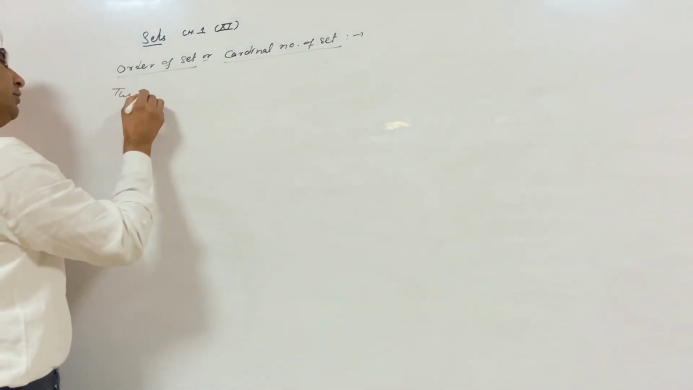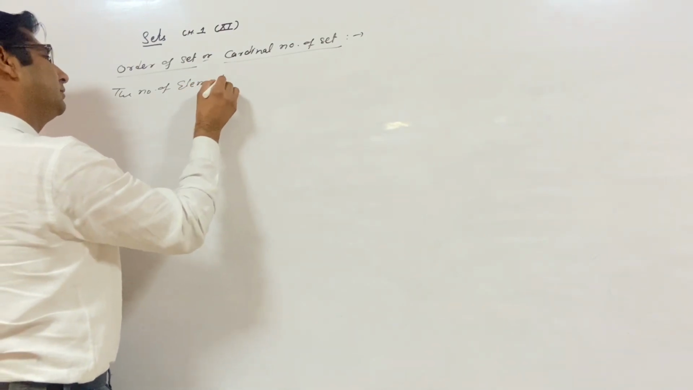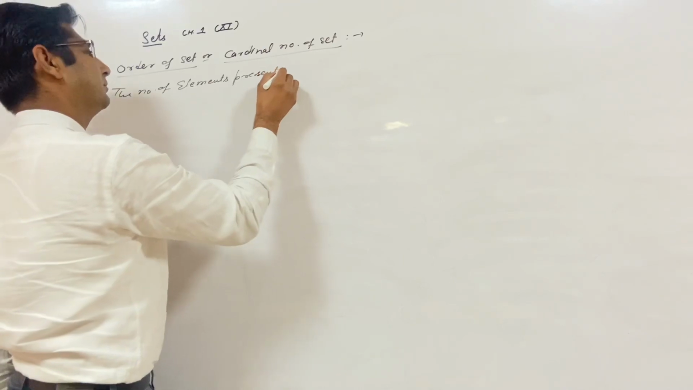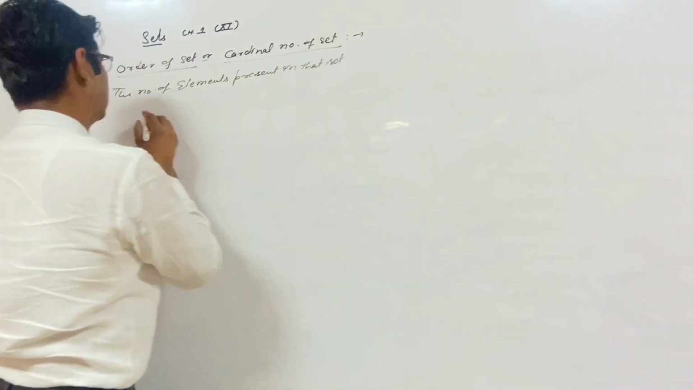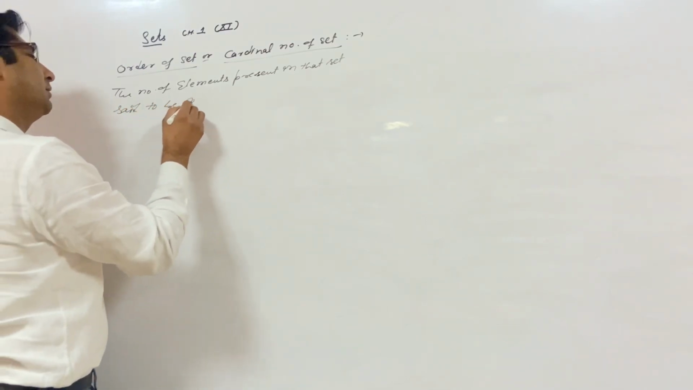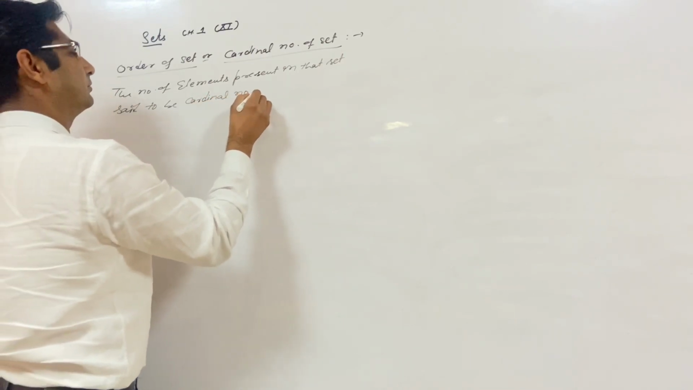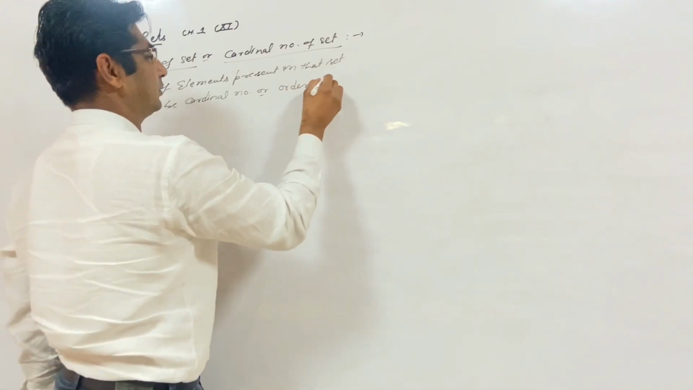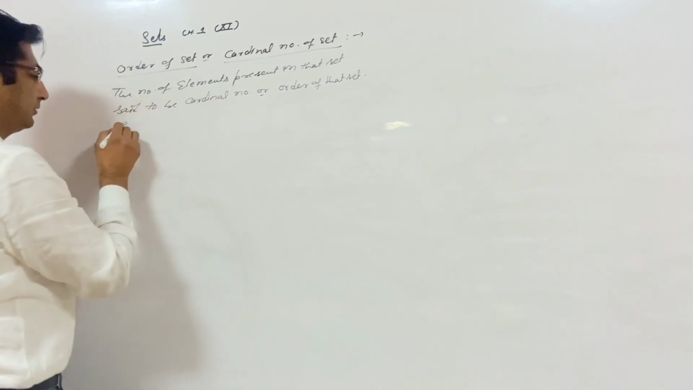The number of elements present in that set is said to be the cardinal number or order of that set. For example,